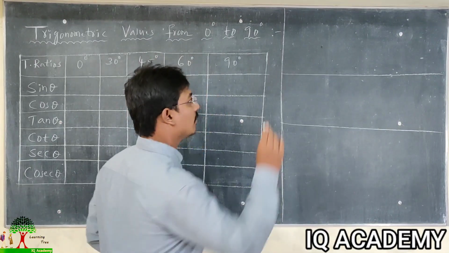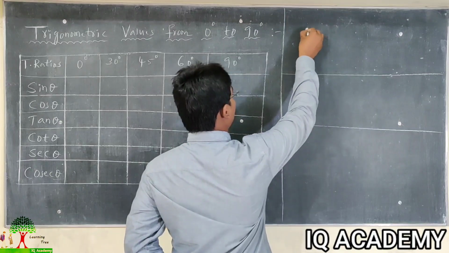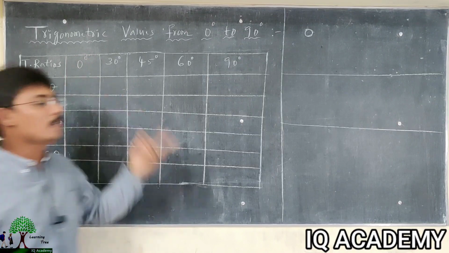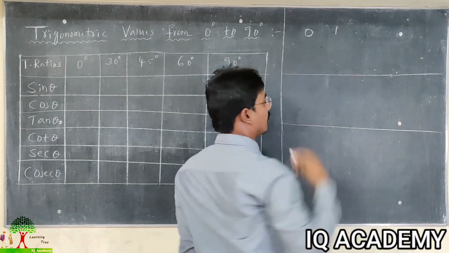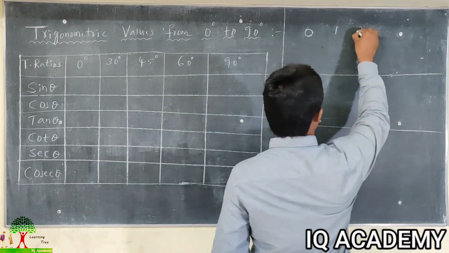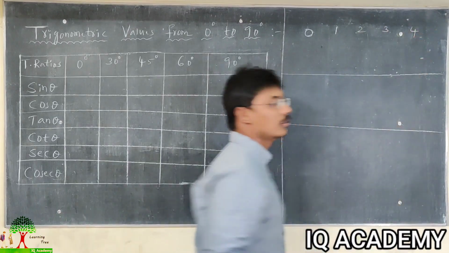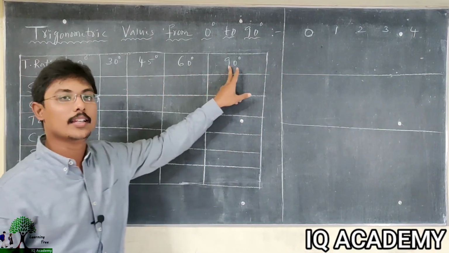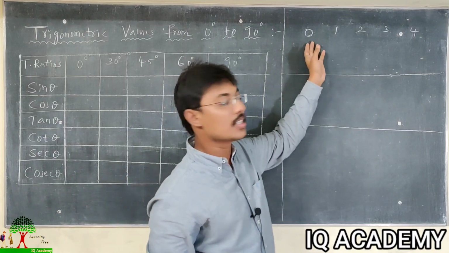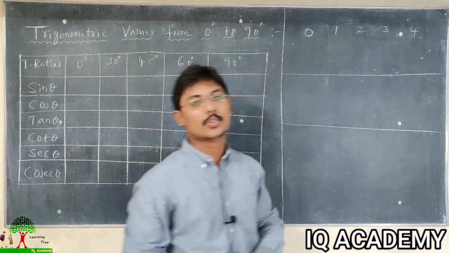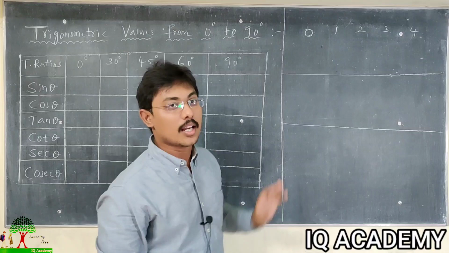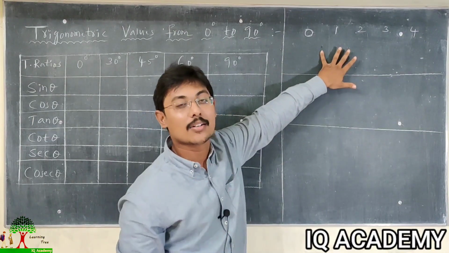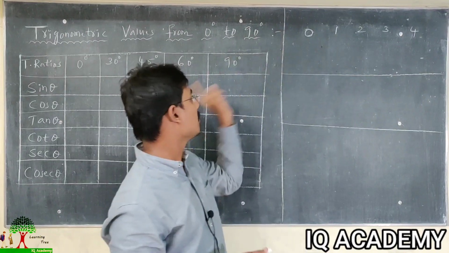Very simple. Listen. It starts with 0. Our first angle is also 0. So after 0, the numbers are 0, 1, 2, 3, 4. So why are we stopping at 4? Because there are 5 angle values here, starting from 0: 1, 2, 3, 4, 5. So in total 5 values. See how to find sine 0 degrees, sine 30 degrees by using this trick. A simple trick to find the sine values from 0 degrees to 90 degrees.